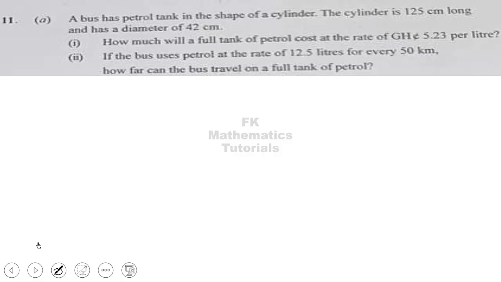So first we have to know the volume of the full tank. So volume of a cylinder is given by pi r square h. So from the question we have the diameter to be 42. So when we divide the diameter by 2, we'll get 21 centimeters for the radius. Good. So it means the volume will be